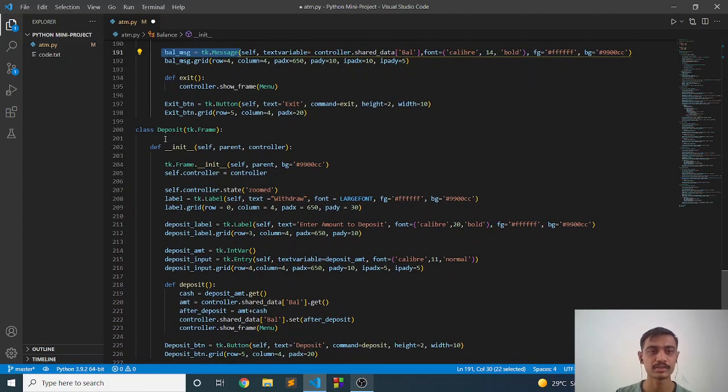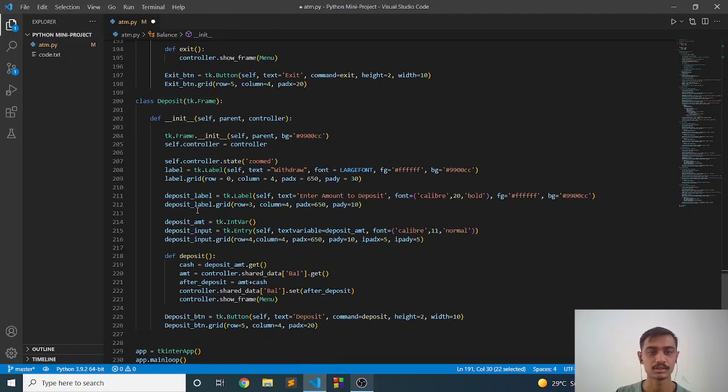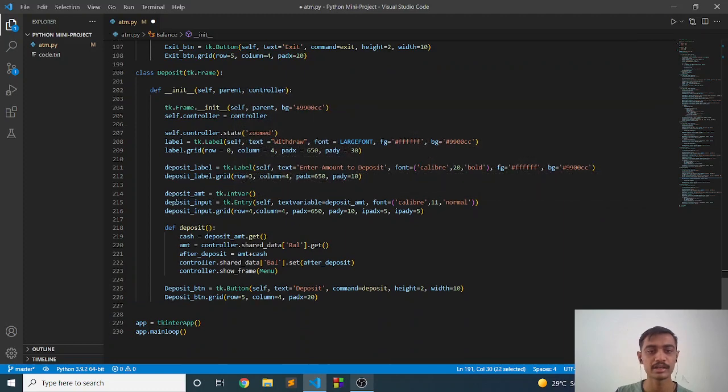Next, we will define the deposit page using class. There we will also have an entry box in which the user will enter the value that he or she wants to deposit.